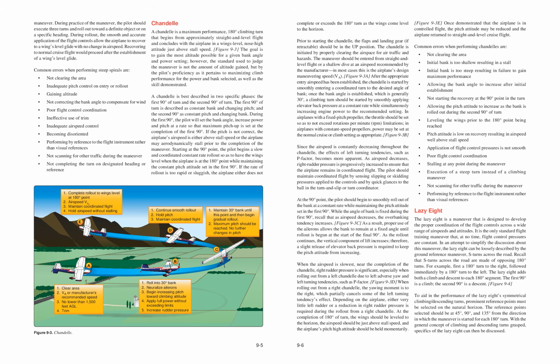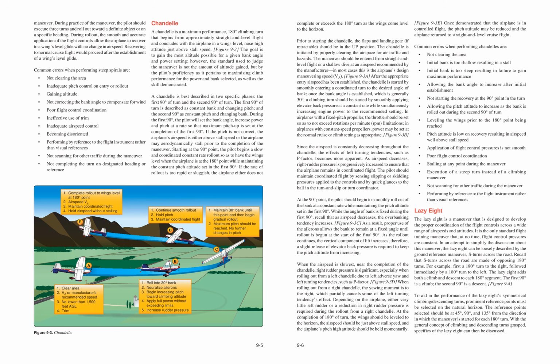Starting at the 90 degrees point, the pilot begins a slow and coordinated constant rate rollout so as to have the wings level when the airplane is at the 180 degrees point while maintaining the constant pitch attitude set in the first 90 degrees. If the rate of rollout is too rapid or sluggish, the airplane either does not complete rollout to wings level at 180 degrees,